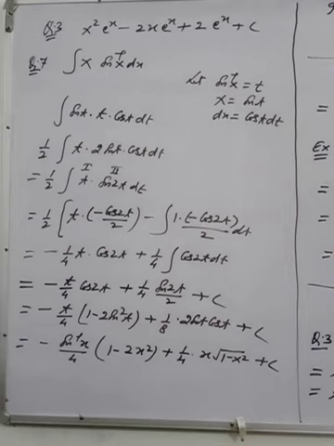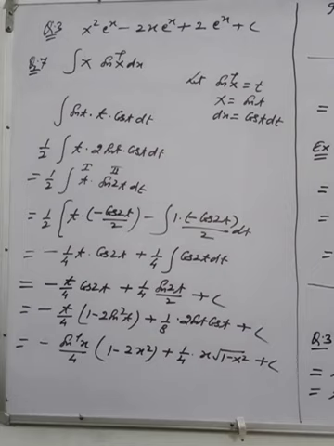So 1 by 2 multiplied by 1 by 2 is 1 by 4, minus 1 by 4 t cos 2t. Okay, and minus minus plus, in the second part 1 by 4 cos 2t dt. Okay, and the integral of cos 2t is sin 2t by 2. Now cos 2t you can write as 1 minus 2 sin square t, and sin 2t is 2 sin t cos t. Why are you writing in this form? Because you know the value of sin t. In the substitution sin t is x, then cos t is root of 1 minus x square. You can put it here in terms of x.